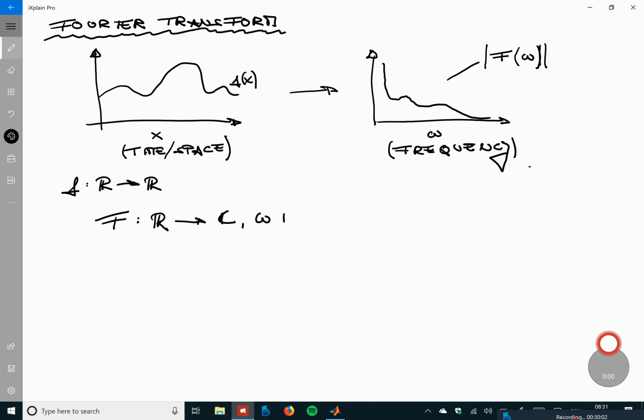And these omegas are frequencies, and each f hat of omega is defined, and this is the important part, as